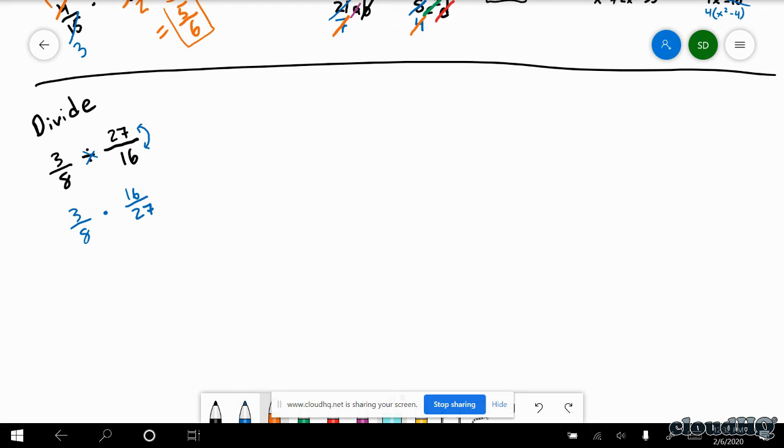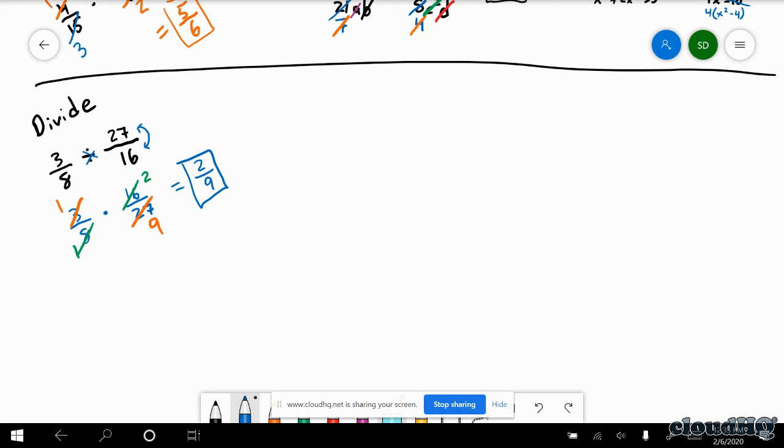Is there any simplifying we can do? Well, the 3 and the 27 can simplify to 1 and 9. Additionally, the 16 and the 8 can simplify. And now you can multiply straight across. 2 over 9. So, what might that look like